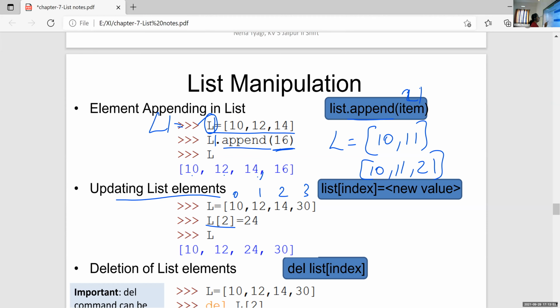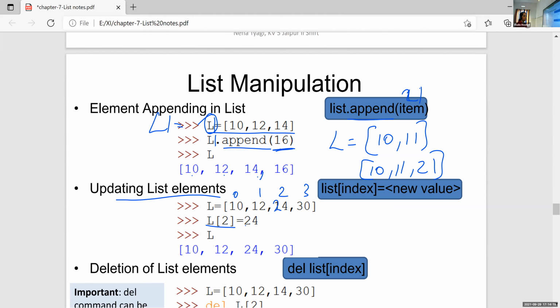The values are 10, 12, 14 and 30. I want to insert this 24. How will I insert? L of 2, that is in the second position. So I will write L of 2 is equal to 24. So instead of this 14, this 24